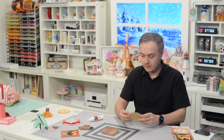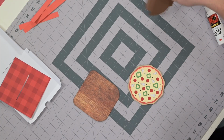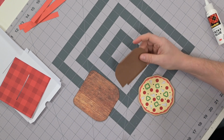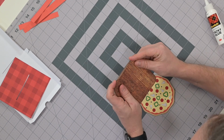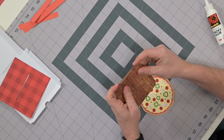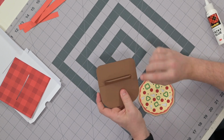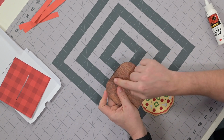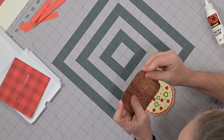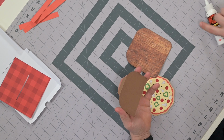Okay, so the next thing we want to do here is, well, a couple things. One, this little piece here, what we're going to do is take this element and glue this onto this piece here. This is kind of our pop-up mechanism, essentially. This little guy is going to go through the card, and so is this. You want to make sure you keep this nice and flush. It's not going to be completely up to this tab, just not quite, but almost. We're only going to put glue on this surface here,